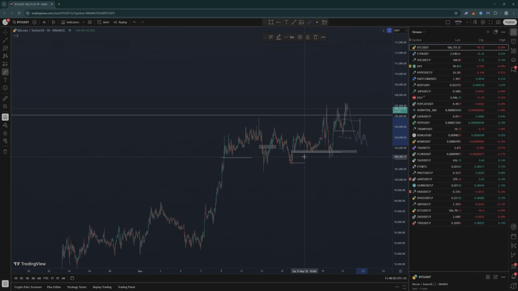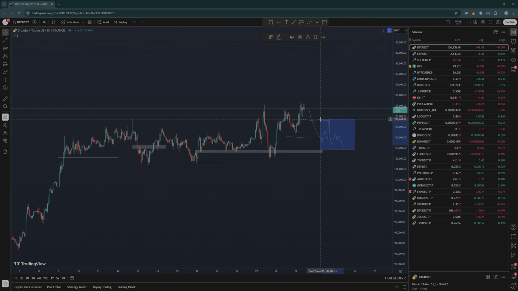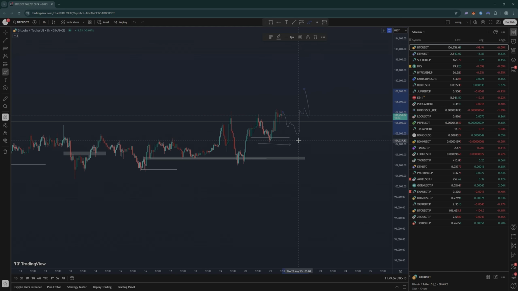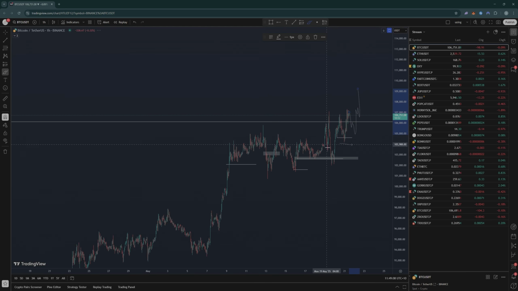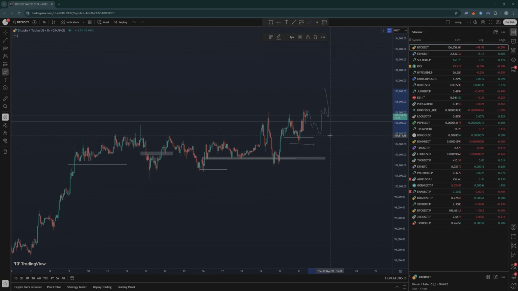can we assume that, okay, buyers are losing strength and sellers are stepping into the market? But for now, because we're looking at the first scenario, we should just assume that all accumulation is going to hold, right? So if you are on the side of the fence that is assuming that price is going to continue to break out here, then what you want to see is the accumulation hold.